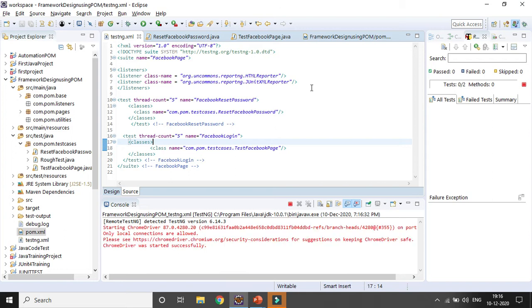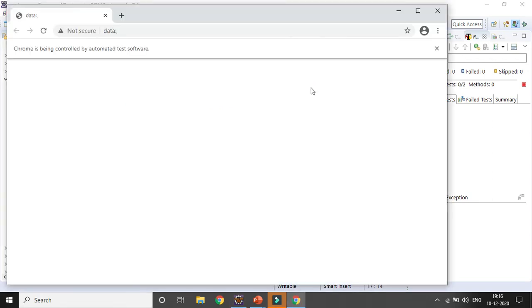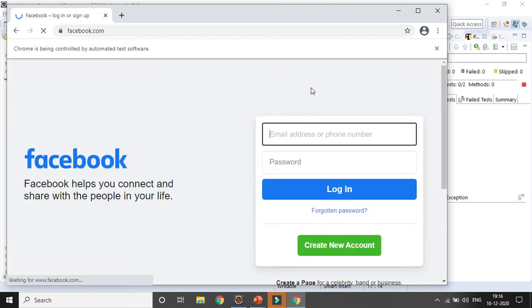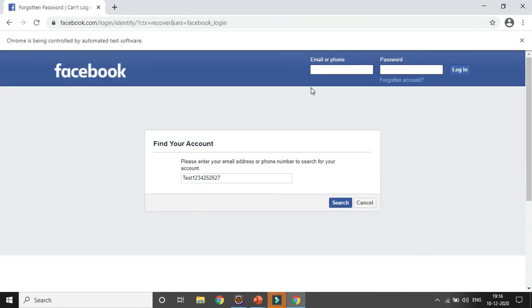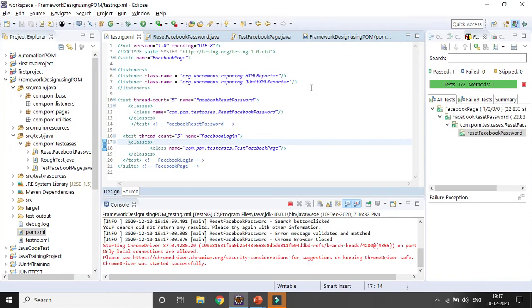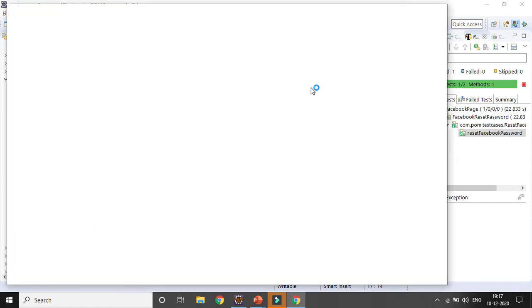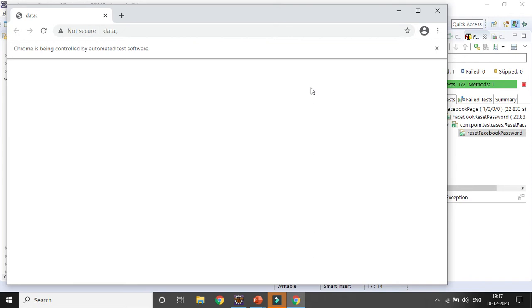So it is getting executed. ChromeDriver was started successfully. It will execute both the test cases written in both the classes one by one, and obviously both will pass because I did not provide any assertion which will fail. First the reset password test case will be executing, and remember, everything is a continuation from the POM class 1, 2, 3, 4, 5 and 6.